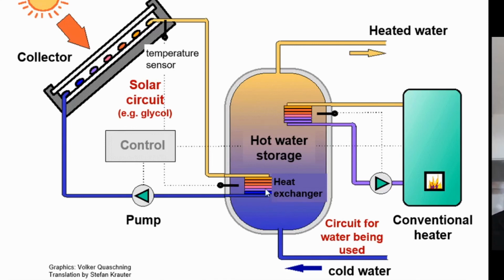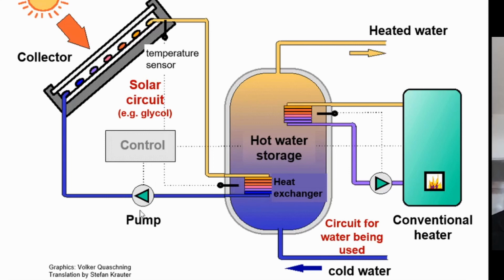And while the heat exchanger requires some pressure, it's not possible anymore with the thermosiphon principle. So you have to have an extra pump there and an extra control, because you cannot let the pump run for 24 hours, because at nighttime you would have the opposite effect. Outdoors could be very cold and you would cool down your storage tank. So you should switch off your collector, and what you do, you take the temperature difference between the hot part of the collector